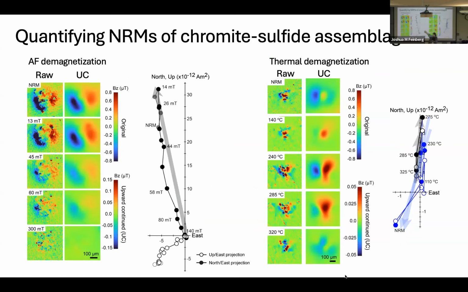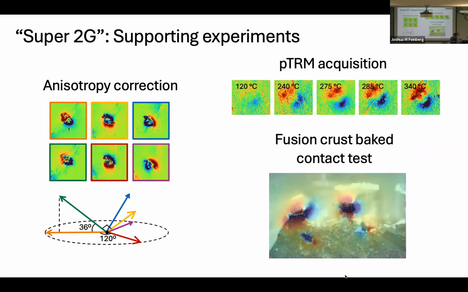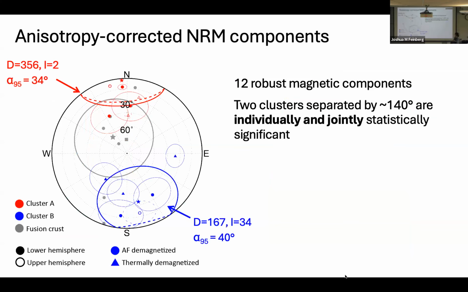So we can do, for instance, AF demagnetization or thermal demagnetization, heating the slice and then imaging it between each heating step, and then fit magnetic components from that data. You can also do arbitrarily complex experiments this way. We did anisotropy correction for each individual source. We also did PTRM acquisition experiments and ARM demag to estimate paleointensities, and then naturally a big contact test with the fusion crust. I'm speeding through that, but at the end of the day,